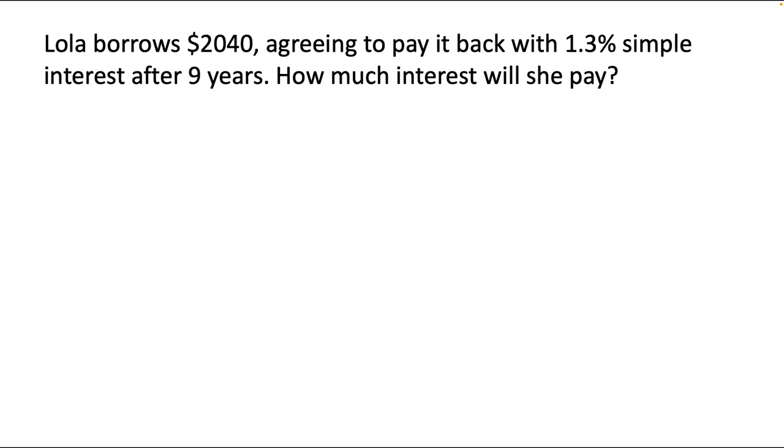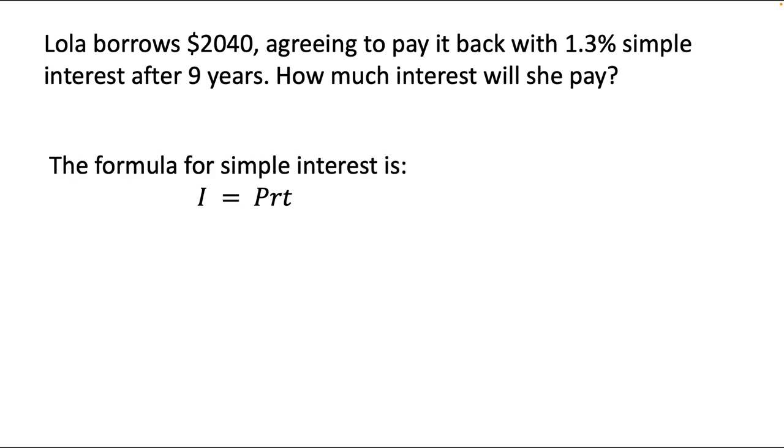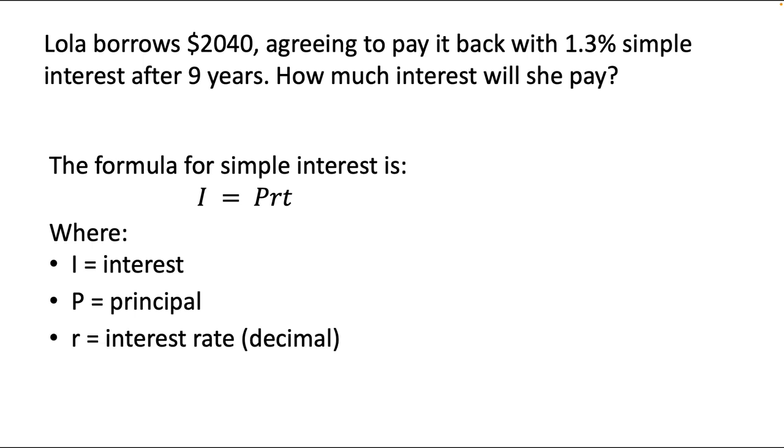The first thing we need to note is that Lola is taking this loan, agreeing to pay it back with 1.3% simple interest. That means to solve this problem, we'll need to use the simple interest formula, which is I equals P times R times T. This is where I is the interest that accrues on the loan, P is the principal or the initial amount of the loan, R is the interest rate, which needs to be in a decimal format, and T is the